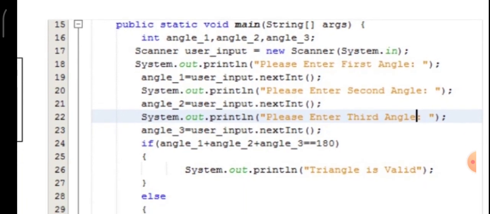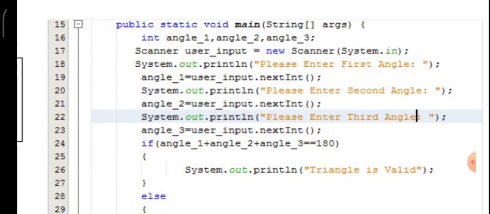You are calling the main method with int angle_1, angle_2, angle_3. So you are going to get the input from the user during runtime. So you are calling Scanner user_input = new Scanner(System.in). Now the user is prompted with "Please enter first angle". As and when you enter the angle, if it is 60, it is getting stored in angle_1.